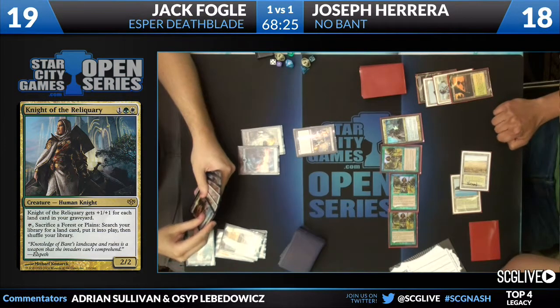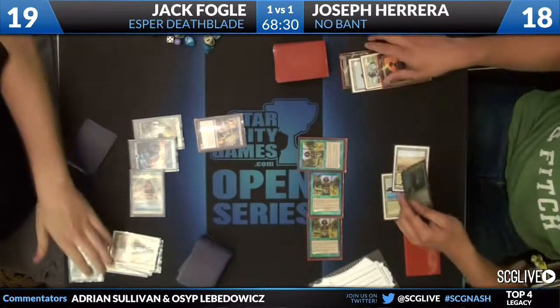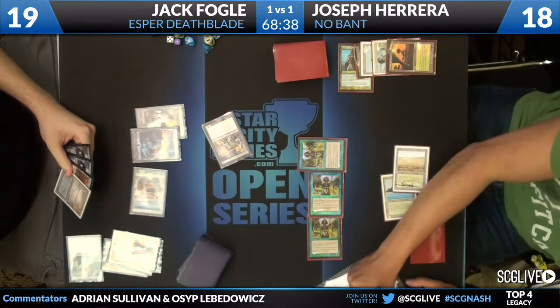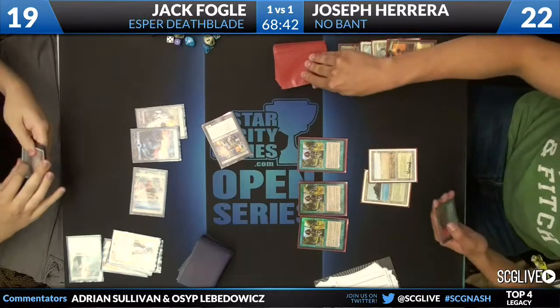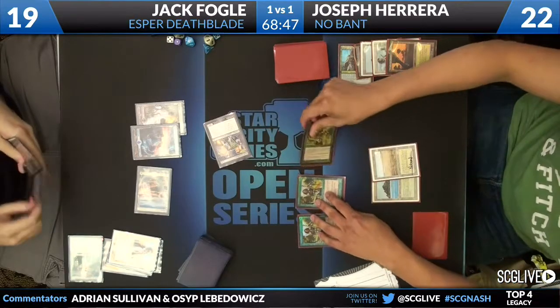Now, I believe there are 2 lands in Joseph Herrera's graveyard. Oof. Swords to Plowshares was revealed off Dark Confidant, so Jack Fogle dropped to 19. Look at that. Jace, 2 lands in Jack Fogle's hand. So are we going to see something impressive here? Oh, Vendilion Clique. Not bad. It's not bad. Can take at least one of the Jace the Mind Sculptors, but...